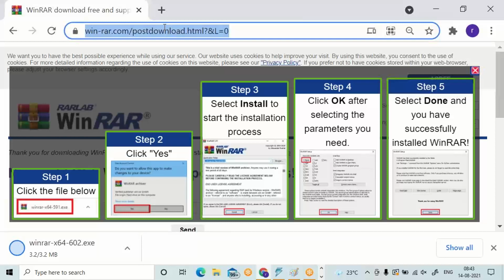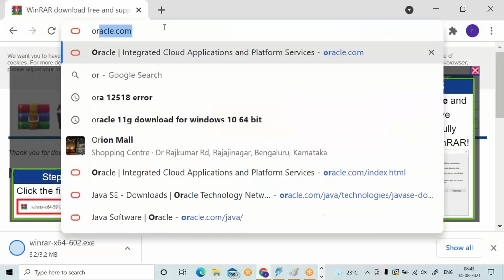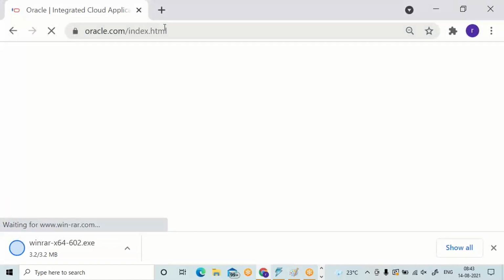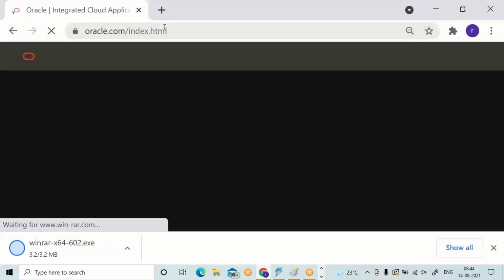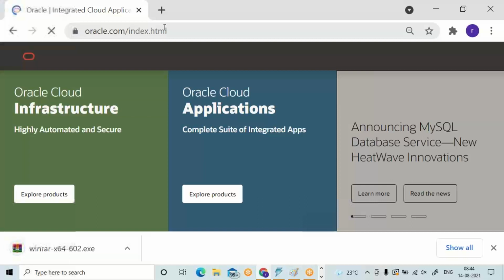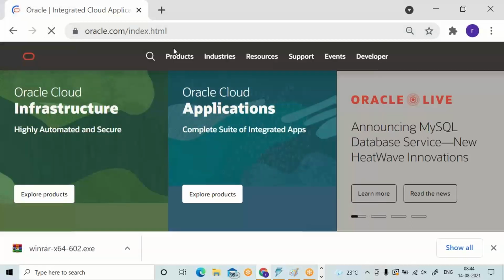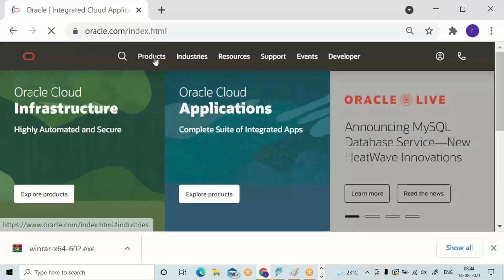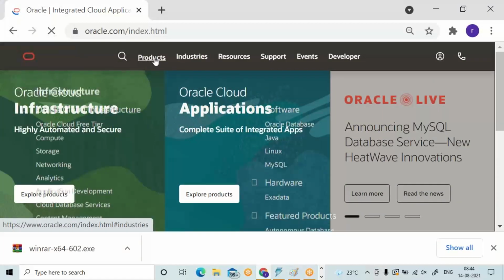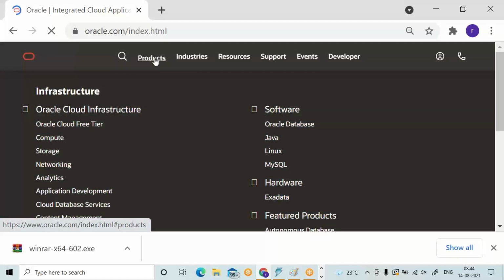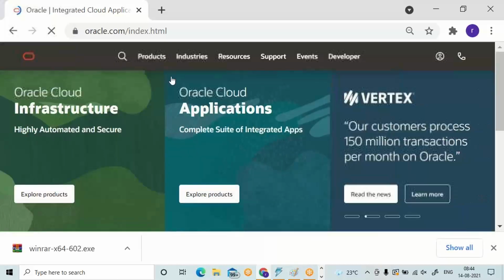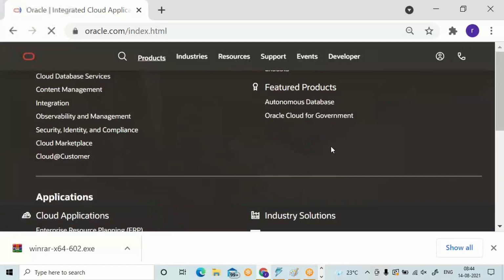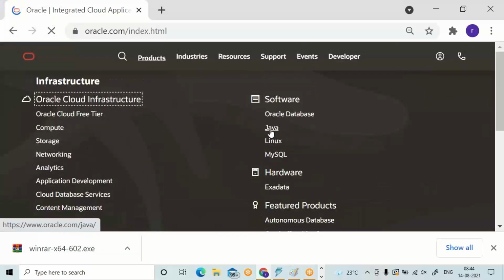The second one is JDK. Google.com. Products. Just go little up, you can find Java.